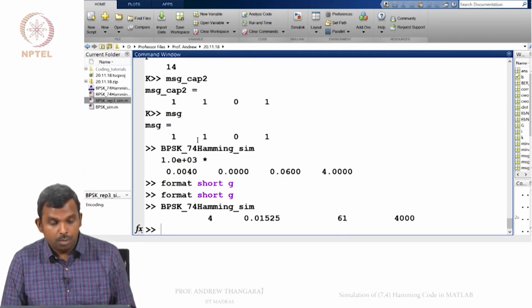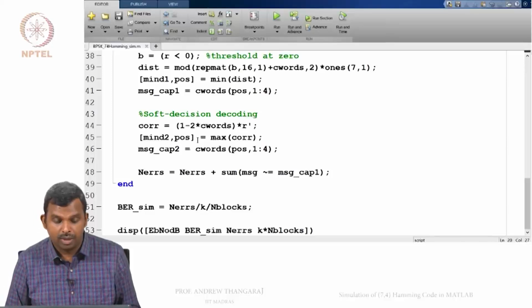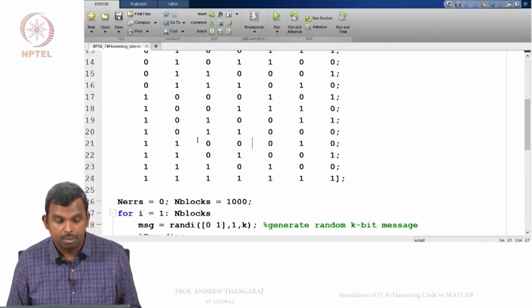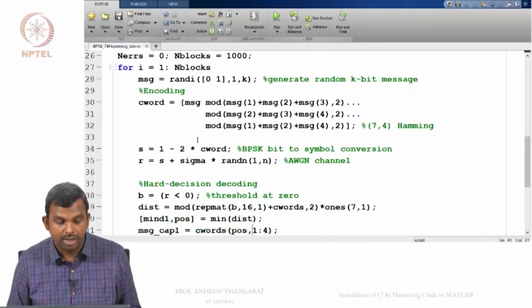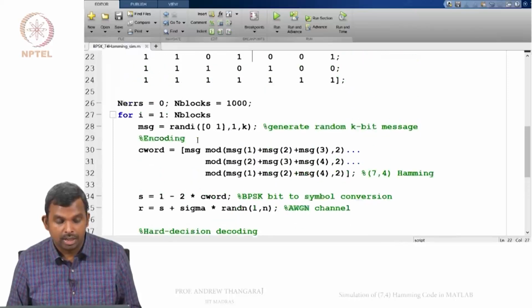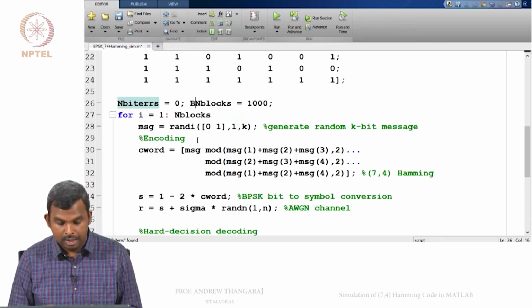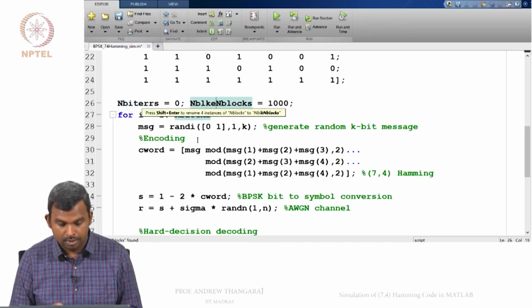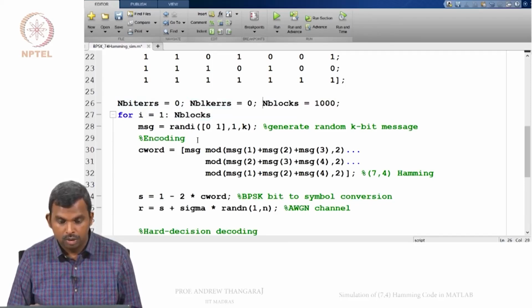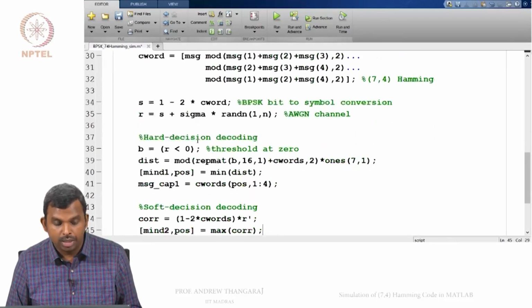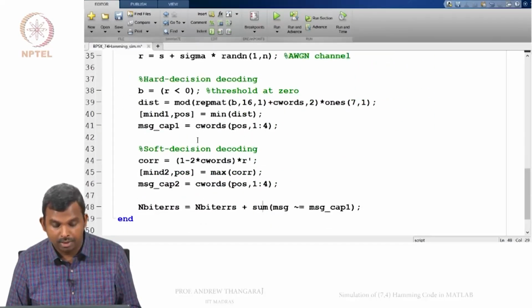Now, it turns out one more error to track, which is very important, is the block error rate. Okay, so far we did not have to do it. We were just looking at message errors. So, I will make a little bit of a modification here. I will make this as n bit errors, and MATLAB does this thing of being able to convert everything, which is good. And then I will have n block errors, which is also 0, which will be how many code word errors you have. So, what will happen here is